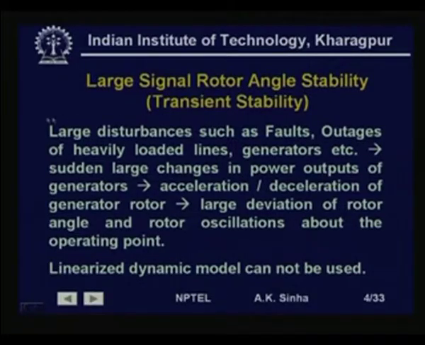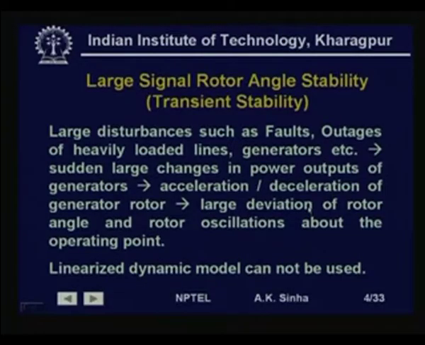Now, what happens when these take place is sudden large changes in power outputs of the generators, because if a transmission line is tripped or a short circuit occurs, the generator outputs change considerably. This change in generator electrical output causes an imbalance between the mechanical input to the turbine generator system and the electrical output of the generator, causing acceleration or deceleration of the generator rotor. Since this disturbance is large, this acceleration or deceleration caused by the large difference in the mechanical input and electrical output